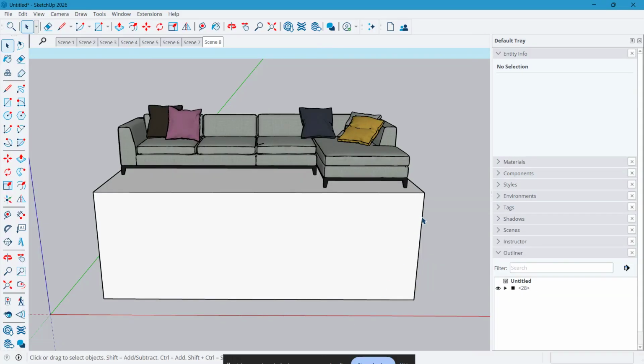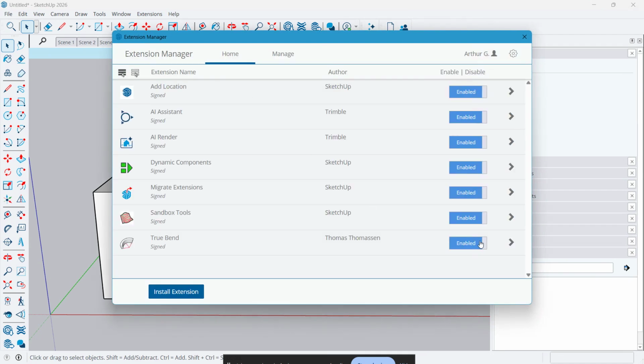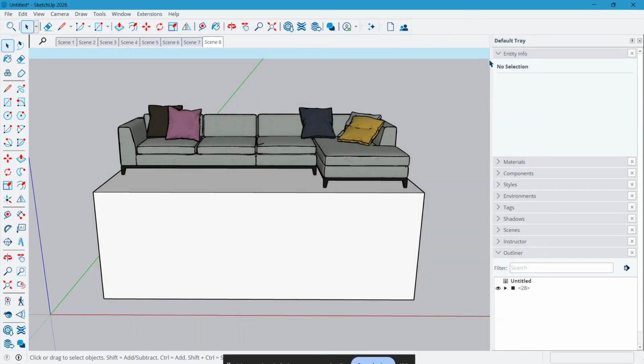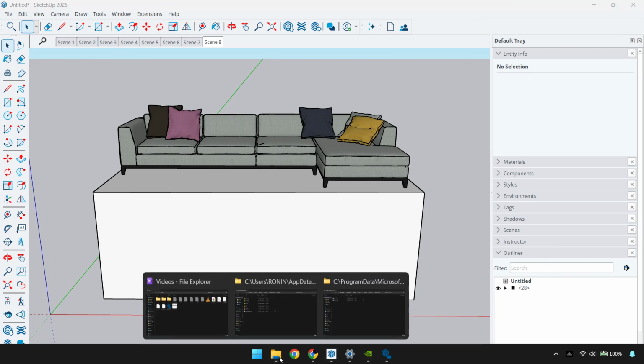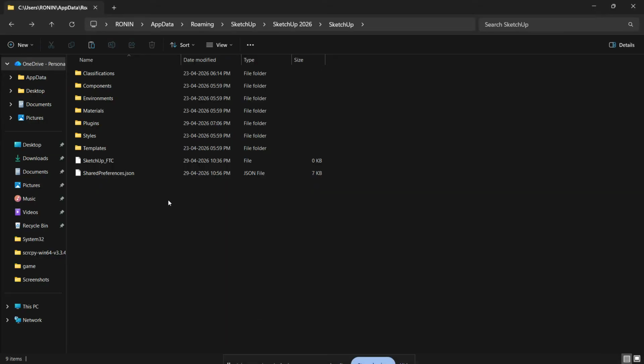Next, if SketchUp is still crashing, disable your plugins or extensions. Faulty plugins are one of the most common causes of unexpected SketchUp crashes. Sometimes a single extension can stop the program from opening correctly, especially after an update. To test this, you can temporarily disable your plugins by renaming the plugins folder. On Windows, the path is usually